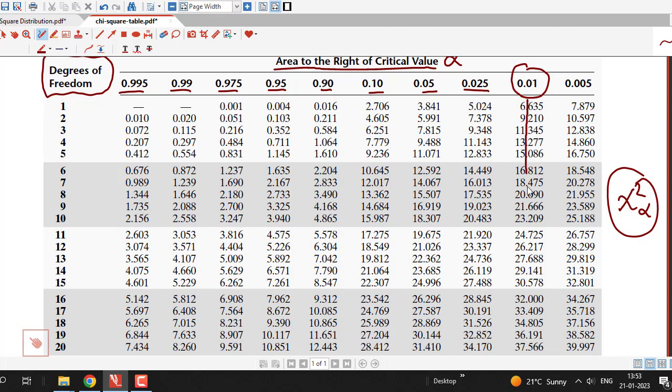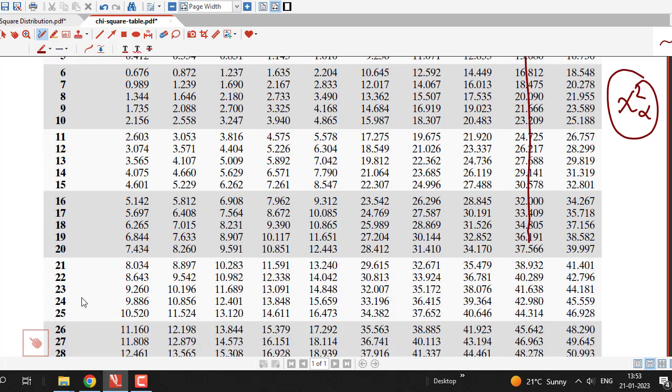I have to go down in the left column until I obtain 24. So I consider this row corresponding to degrees of freedom 24 and the column corresponding to alpha equal to 0.01. So the intersecting point is